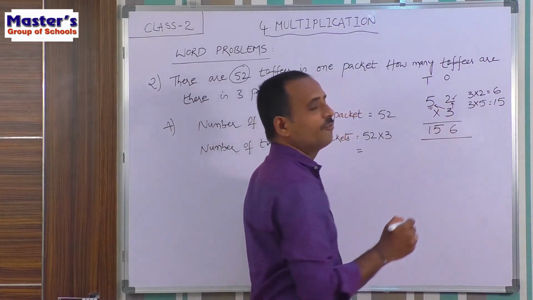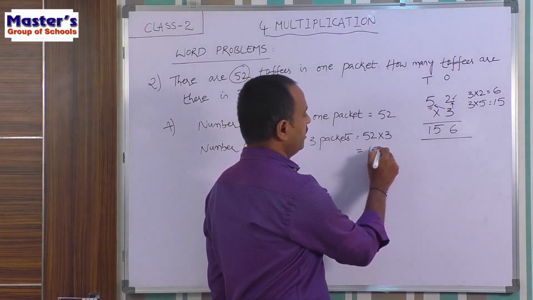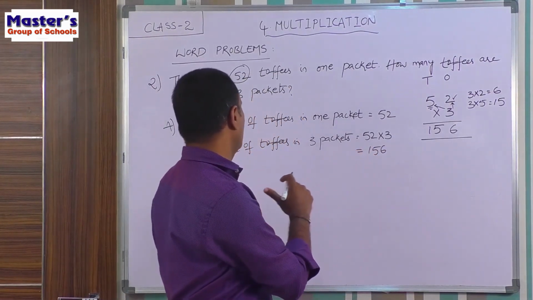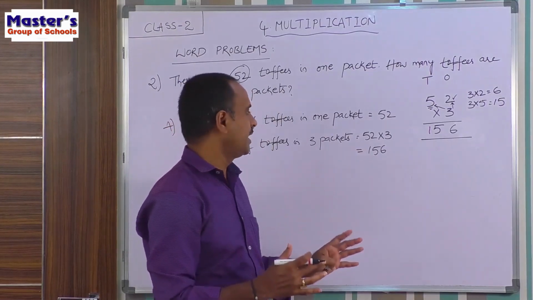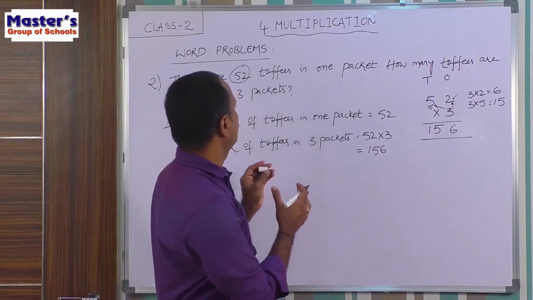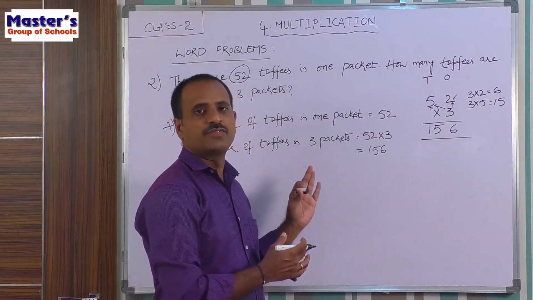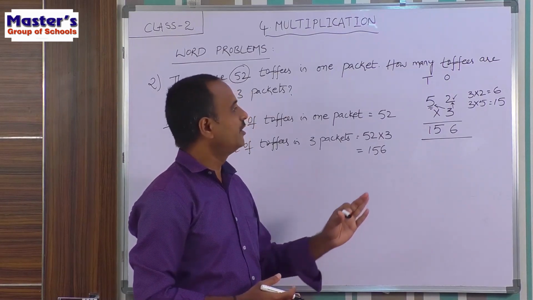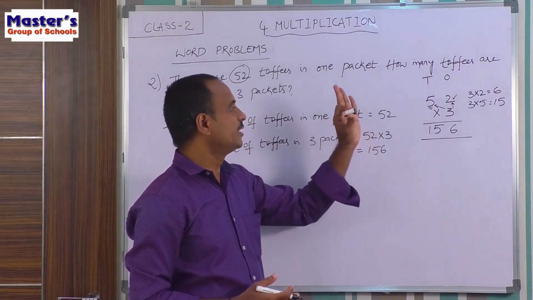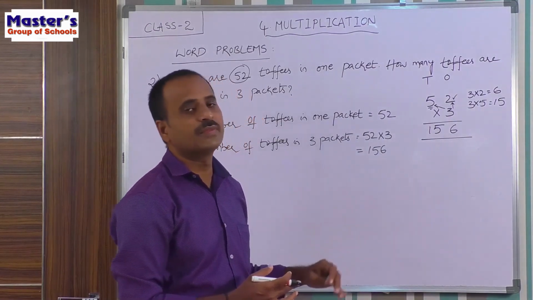So the answer is 156. That means the total number of toffees in 3 packets is equal to 156. So children, this is the solution for the given problem. Write the steps in this way for each word problem and do the calculation, that is, do the multiplication in your notebook. So note down this problem in your